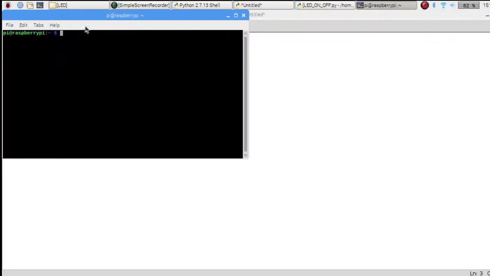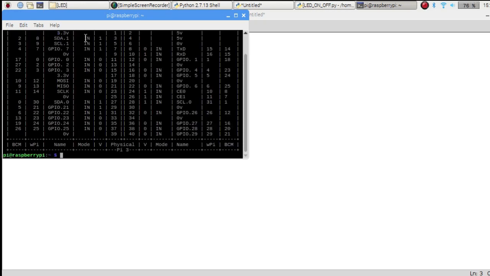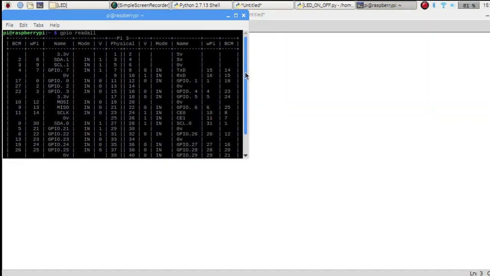If you go into the terminal and type gpio readall, you will observe there is Name, WPi, and BCM. Each method has a different pin numbering. In board mode, we are using the physical pin numbering.